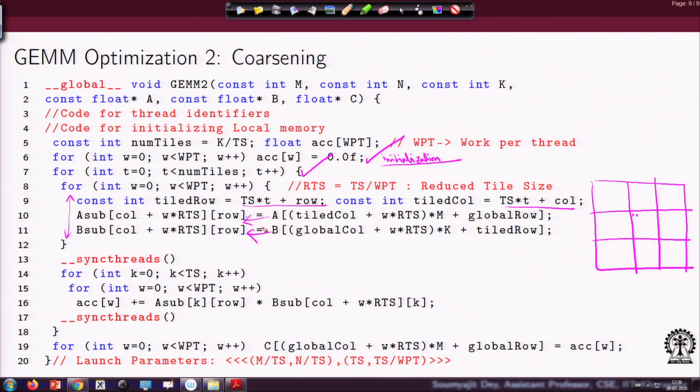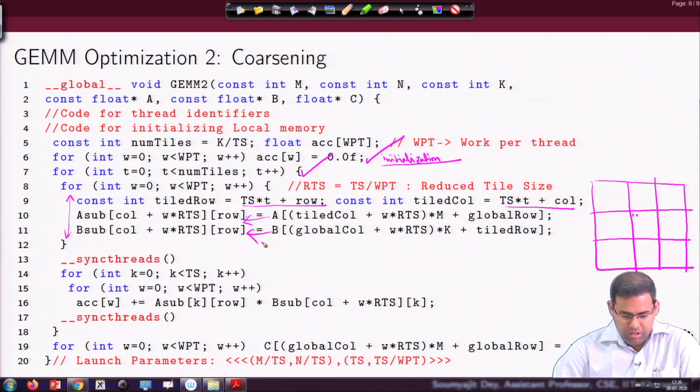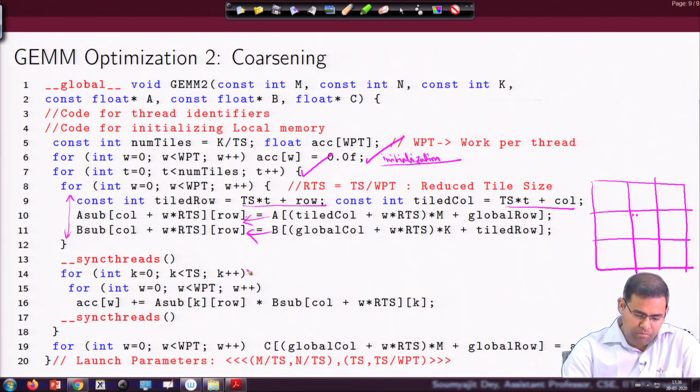Well, how does that help? Because till now we have not seen how the compute increases per thread, because we have increased the number of loads per thread. Now let us look into the compute part. After the loading is done, here you have the compute. Earlier your compute was just this loop followed by this multiplication, right. But now inside this loop you have another loop where you are doing this multiplication.